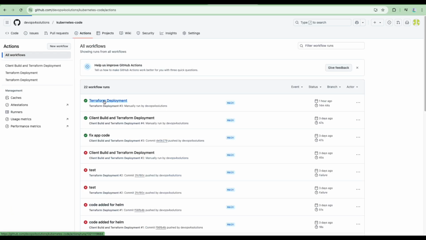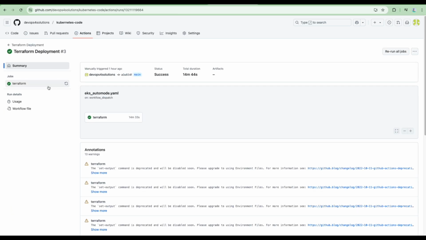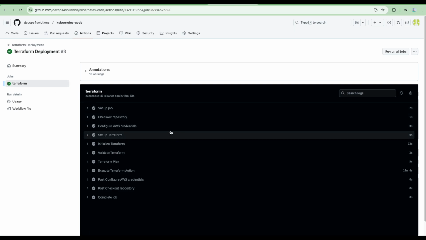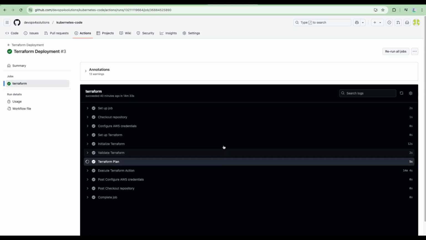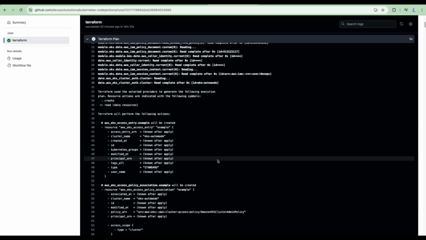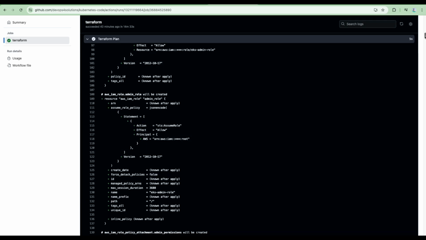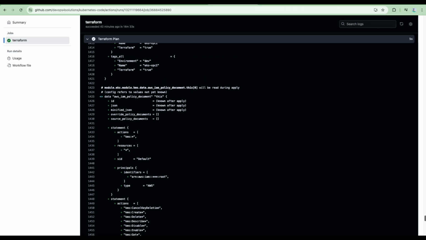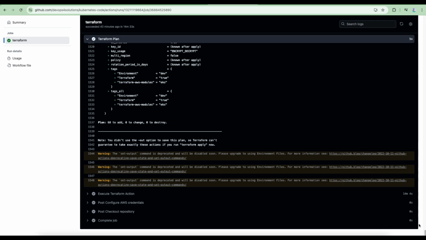This is one I just ran, so I just wanted to show you it did all those things. And if you look at the Terraform plan, you can see how many resources it's creating. If I go to the bottom, it has created 68 resources.